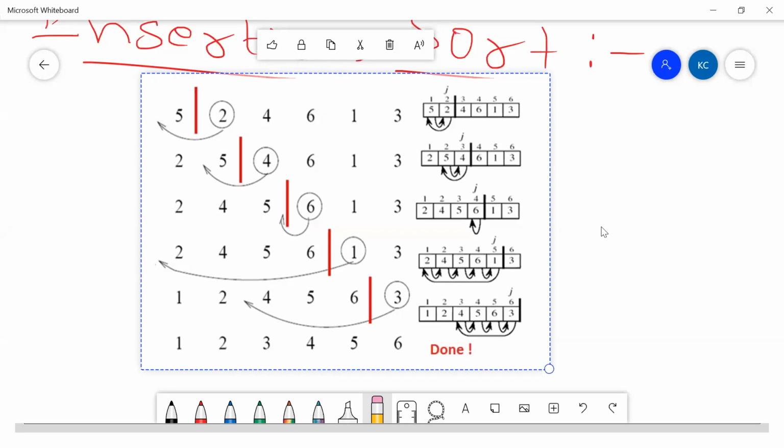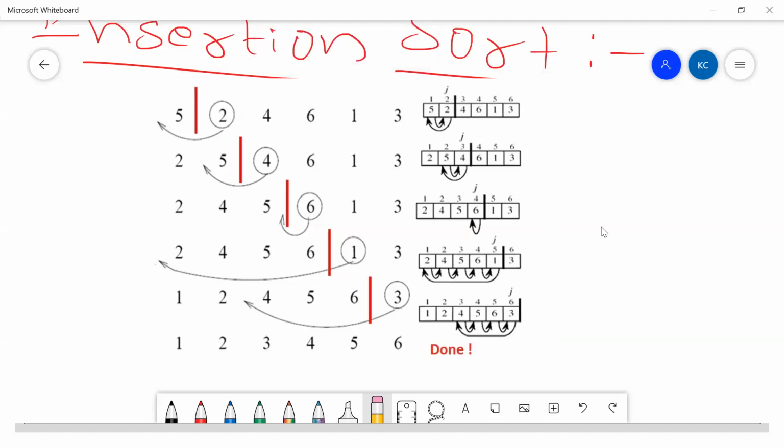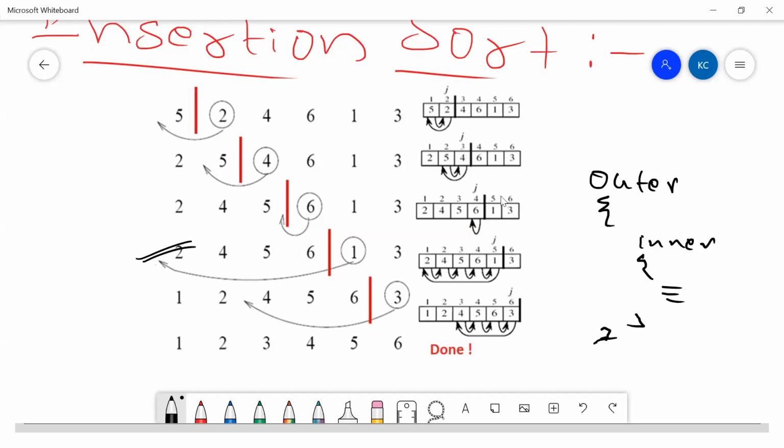Then when I go to my inner comparison, in my inner loop I'll be comparing again. So there are 2 comparisons. First is the outer, and then there is an inner comparison, and then I'll be doing something like this. It's so simple. This is how our actual algorithm or actual thinking goes.